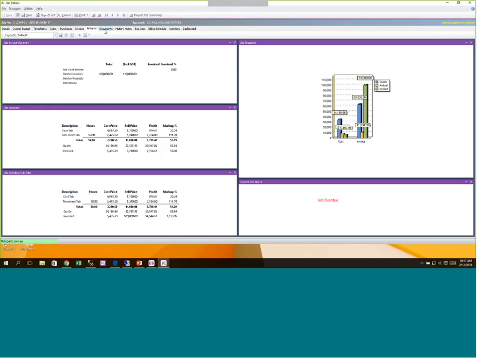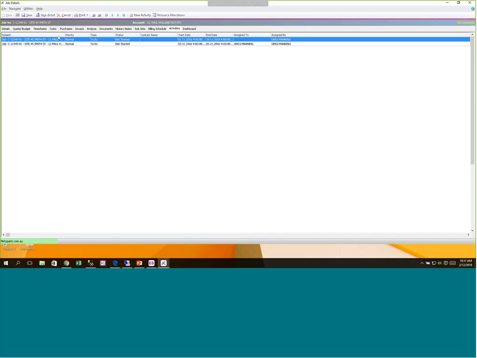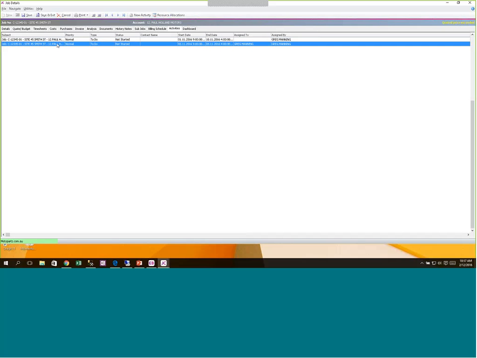Depending on your access, some of these tabs can be hidden from certain users. So, for example, somebody who is an estimator and only does quotes can have access to the quote tab, but the timesheets, costs, invoice tab could all be hidden, for example. Likewise, we've got activities that we looked at before, so those link back to the task scheduler that we were working